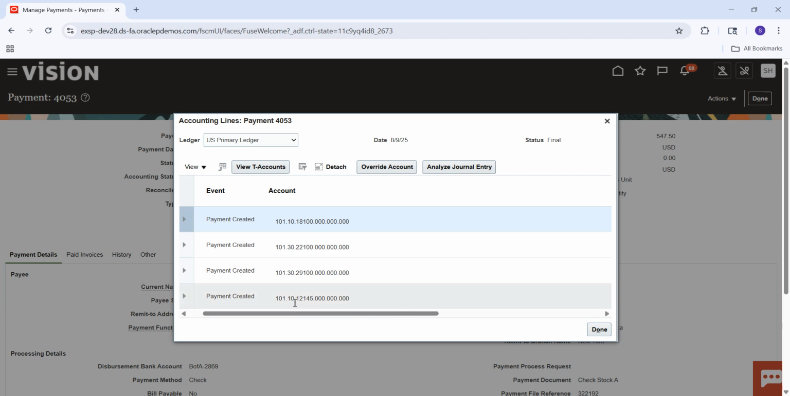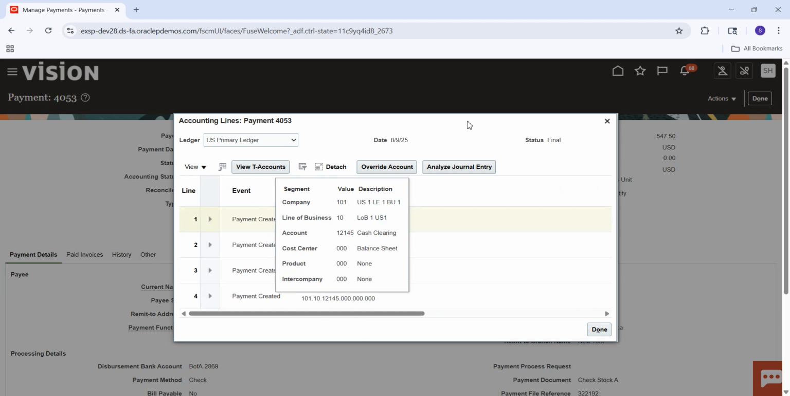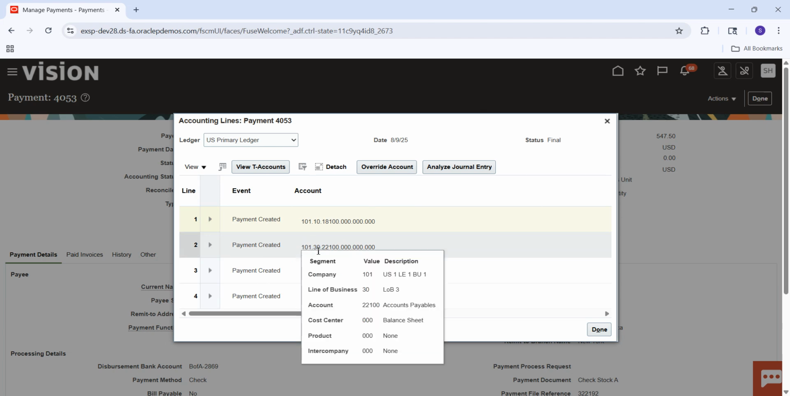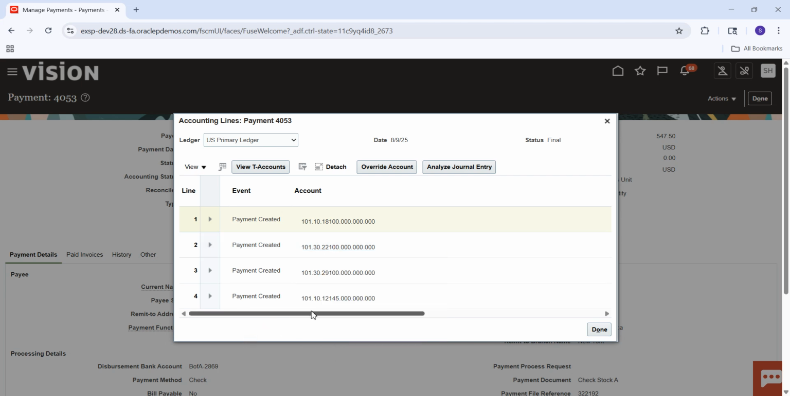So cash clearing is 101, 124. Similarly, let's go to liability. First, if you see the liability, it is 101. This is from the invoice distribution and the rest are from the supplier side. But the same is not applied for cash clearing because we didn't give a different account at cash clearing level,